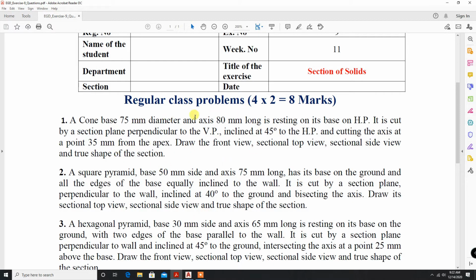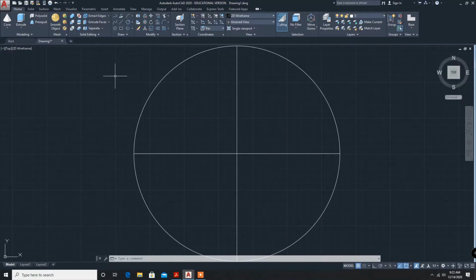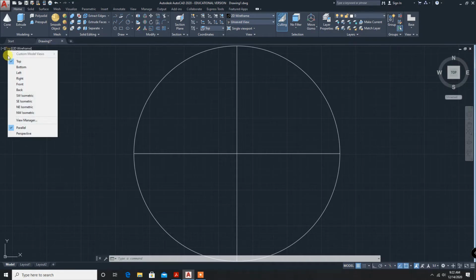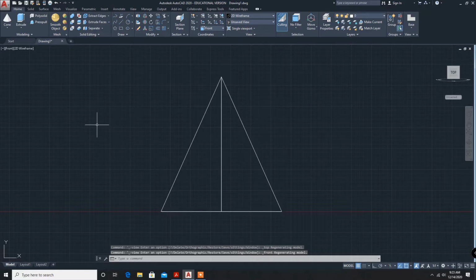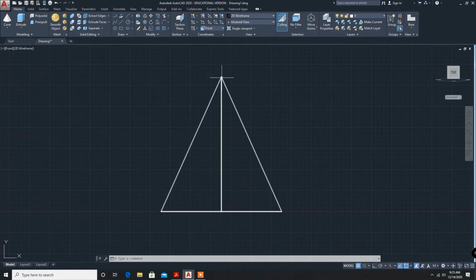Now, in which view will we see this section? In the front view. So now we have to change this to front view. Zoom out. From the top it is cutting at 45 degrees, from the apex 35 mm. So this is the apex, and we have to draw a line.